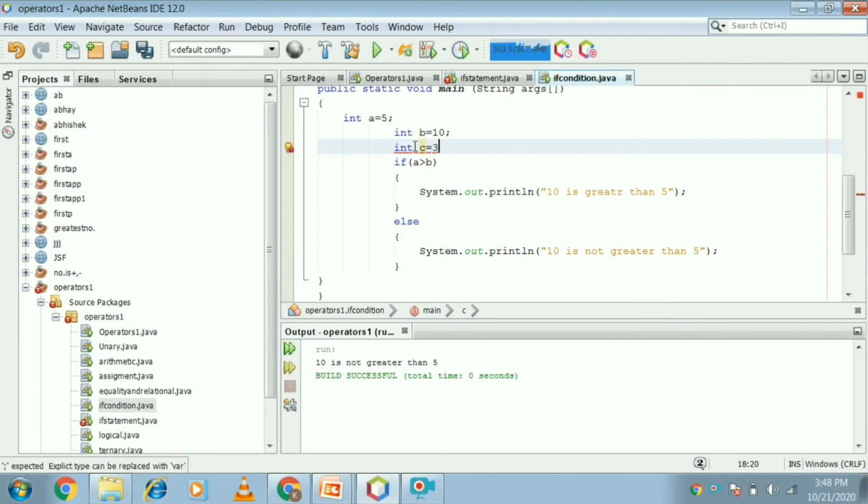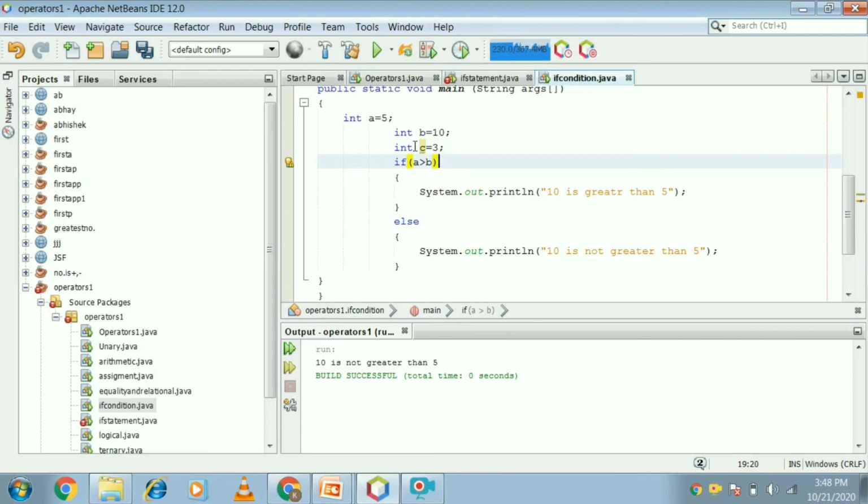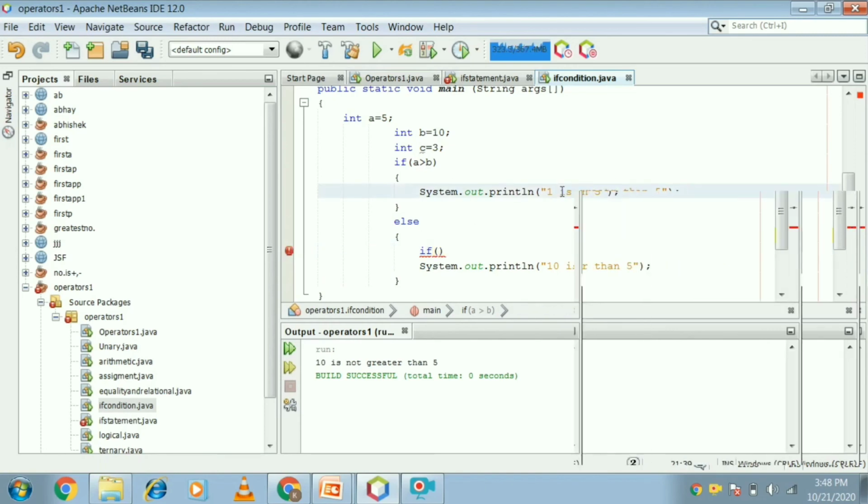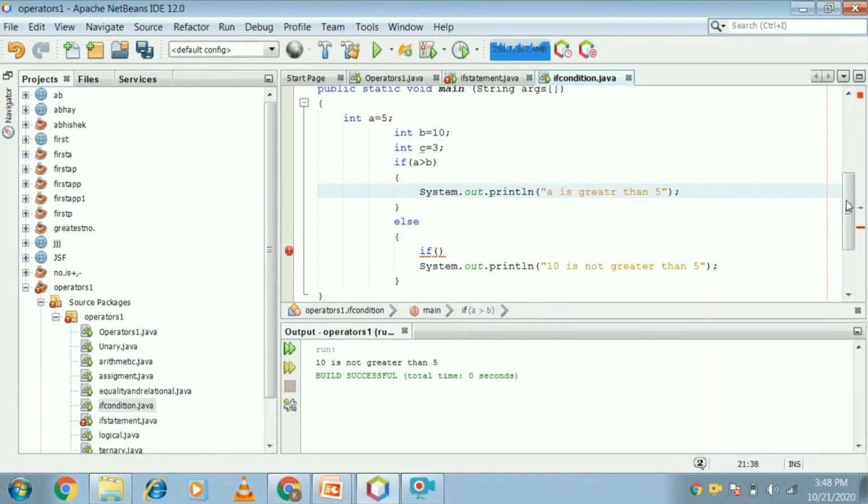int c equals 3. If a is greater than b then print a is greater than b, else if b is greater than c,